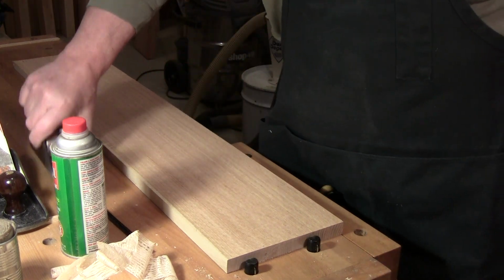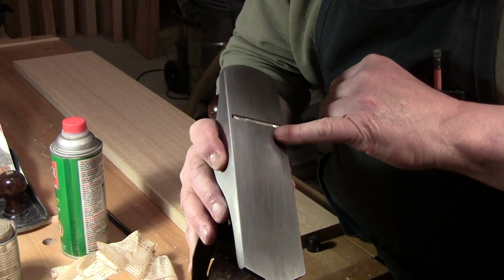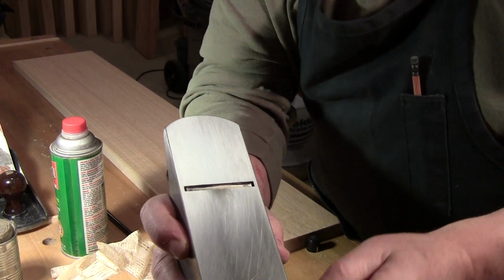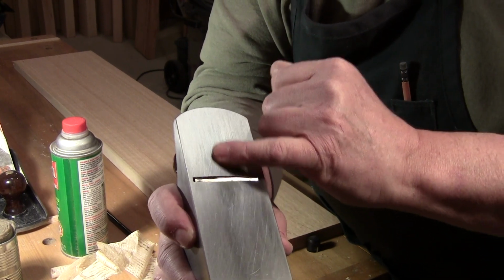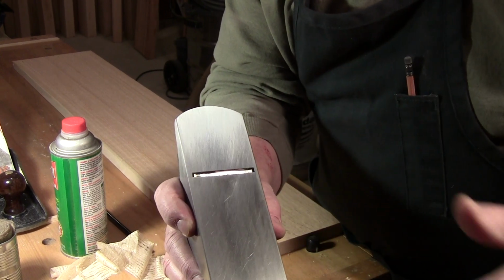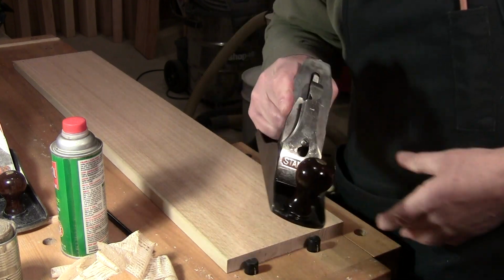So, let me show you something. I'm pretty sure most of you, if you've done any amount of hand planing, will have seen this. Can you see that little, see if we can get the camera to show it off. There is an oxidized spot right there, right in the middle. Usually you'll find it dead center of your plane. What that is, and if you recall over the last 3, 4, 5 months, I've been planing oak, both red and white, a little bit of cherry, some walnut. When you're planing,